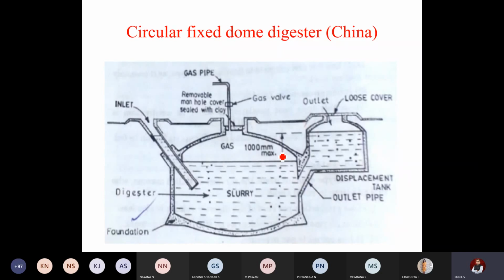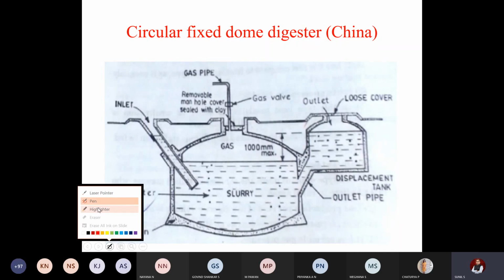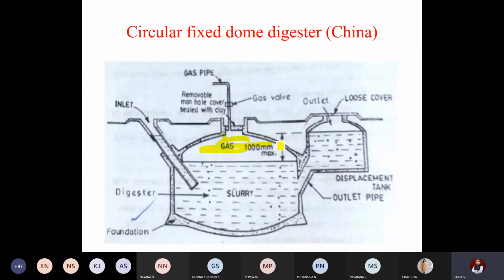This was made popular by Gobar Gas Research Station because of its reduced cost and because only masonry work is required. This is a plant where no steel material is used, whereas in the Indian design a steel tank was used for the collection of gas. That was the major problem. There is also no moving part. The gas will be collected at the top, you can see over here, in this region. There will be a valve or a gas pressure unit which will show the pressure inside the chamber. Based on that, you can decide the volume of gas that is formed.